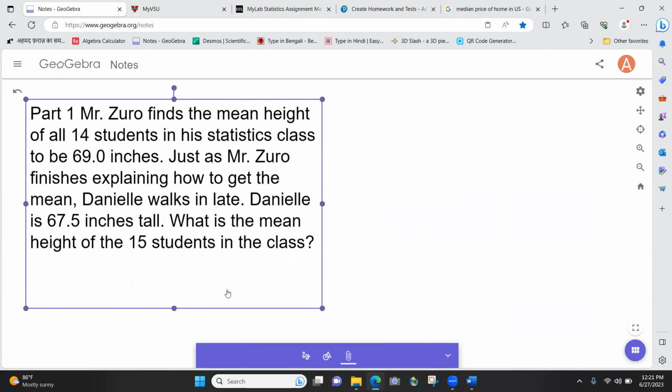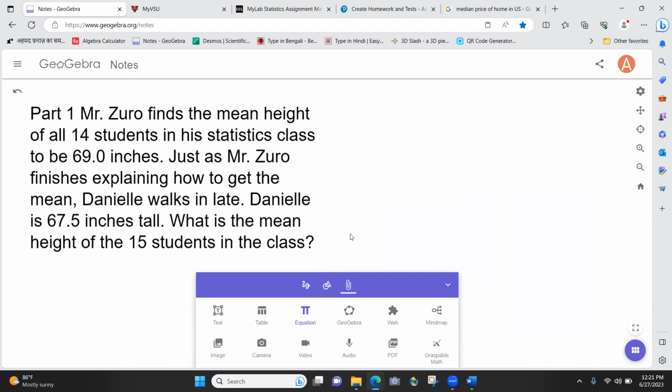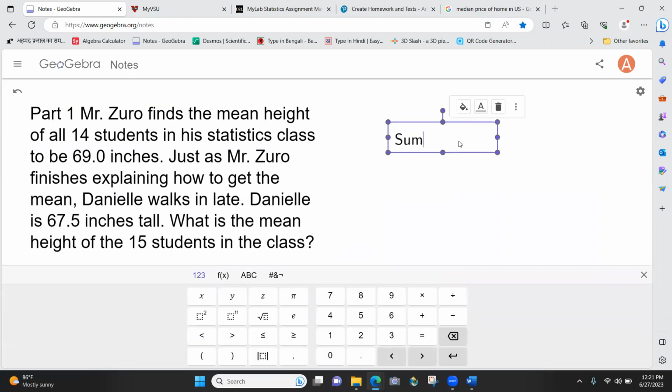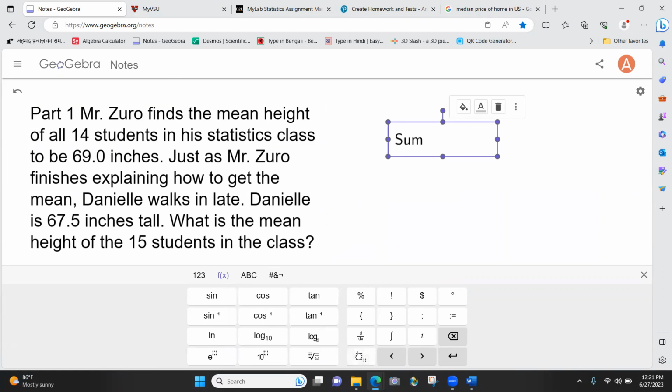What is the mean? Okay, so we don't know exactly how tall the 14 students were, but we know that the sum of the heights of the 14 students, we're going to write it like this. Let's see if I can write it nicely. Sum of the heights, okay? Heights of the 14 students. The height part is very important, okay? Divided by 14 must have given him